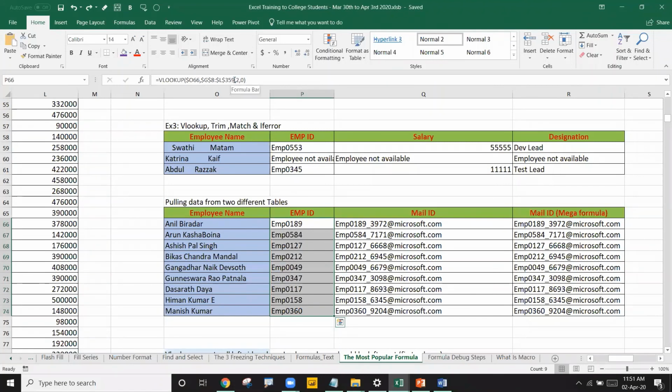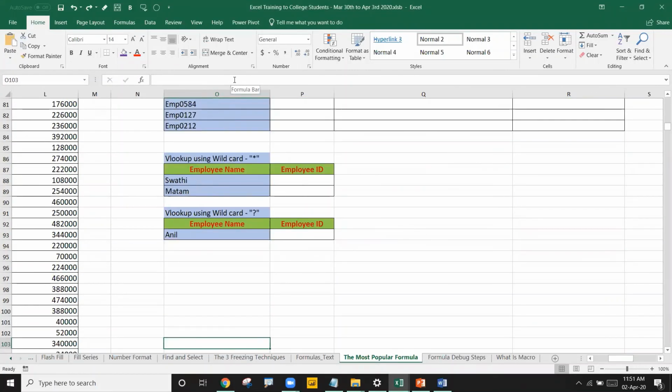So this is about the VLOOKUP. I was doing this VLOOKUP in the same sheet. The master data and formulas may be written in the same place, but they may not be in the same place. It could be in different sheets also. I'll show that example, but before that, one important point I would like to tell you.